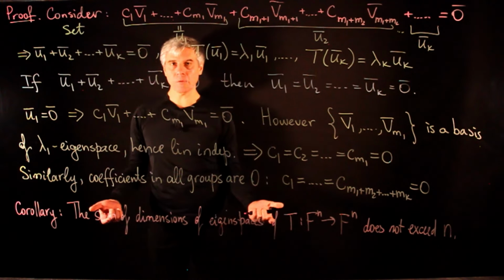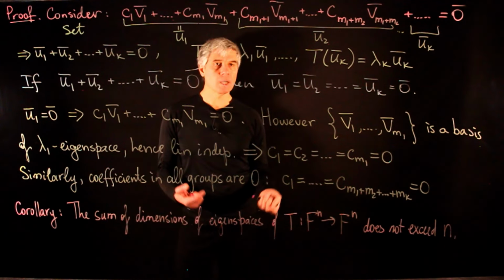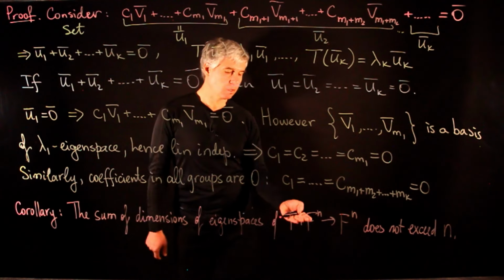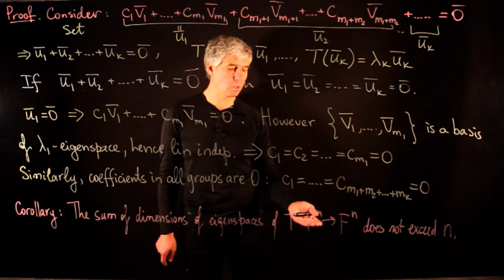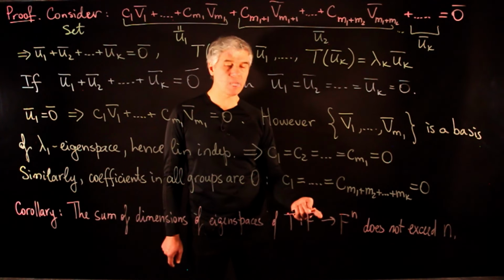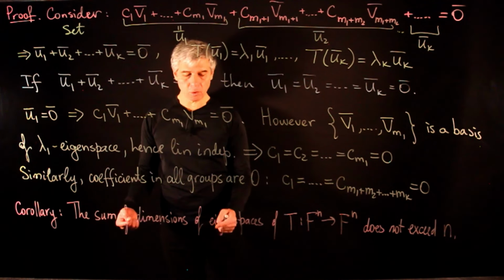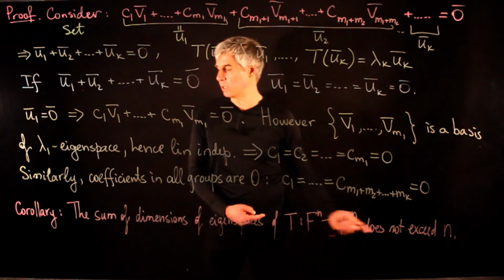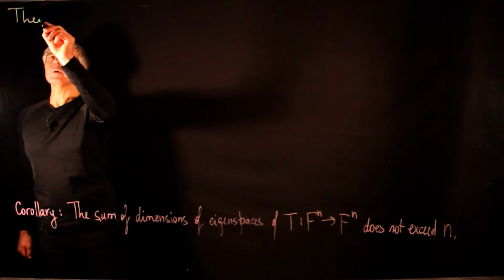because if we join the bases of these eigenspaces together, we'll obtain a set which is linearly independent. And the size of this set cannot exceed the dimension of the space, because there are no linearly independent sets in Fn with the number of vectors greater than n. And since the size of the union is equal to the sum of dimensions of eigenspaces, we obtain the claim of this corollary. Now we can prove the main theorem of this lecture,